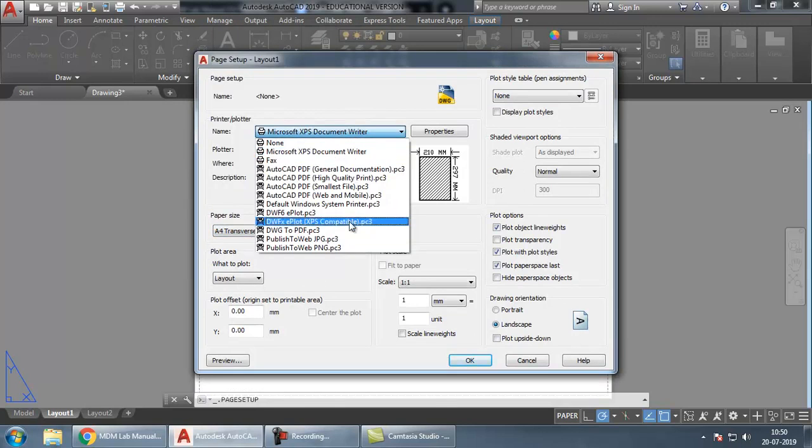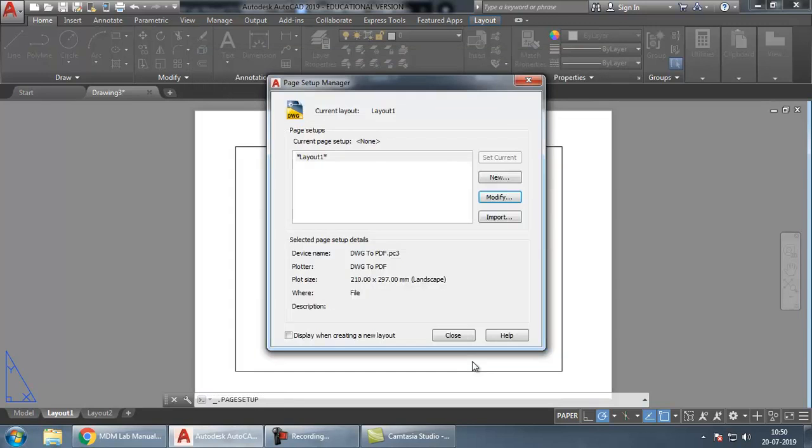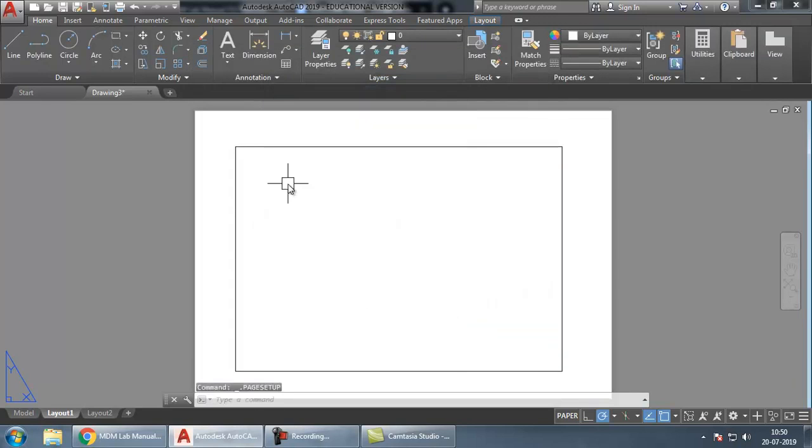Here if you want, you can go for the PDF, because a printer may not be attached to each and every computer. You can just save it as a PDF. You can export it or mail it, and then using any computer which has a PDF reader, you can take a printout of that. So choose PDF, size A4, which is already selected. Choose landscape. If you want portrait, portrait means the height will be more. You can choose portrait or landscape. I'll just keep it as landscape and close.